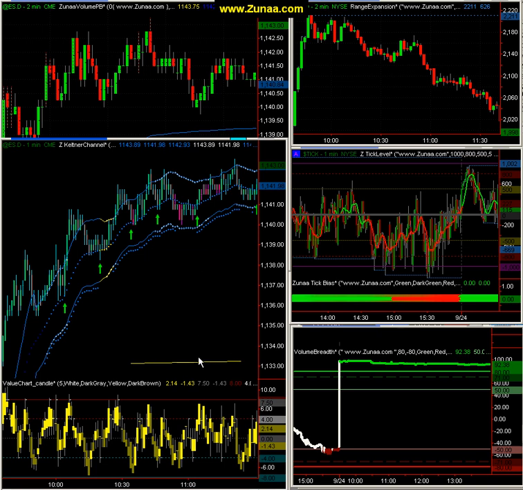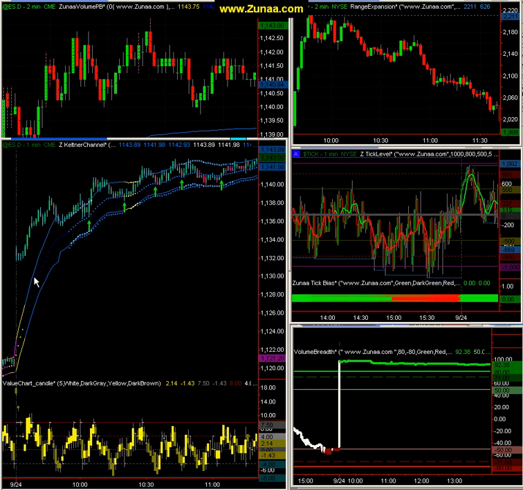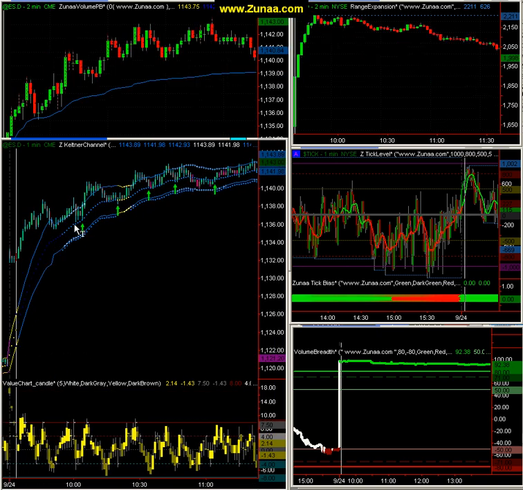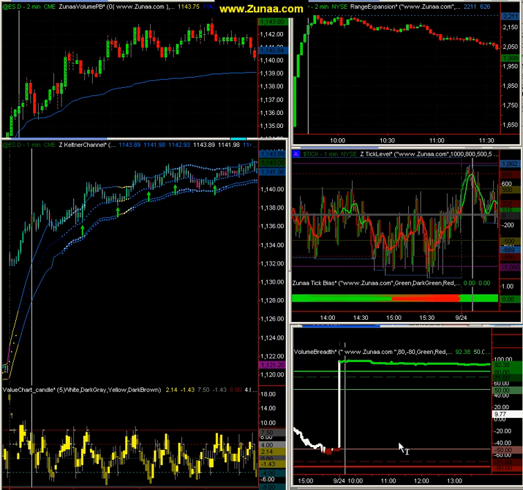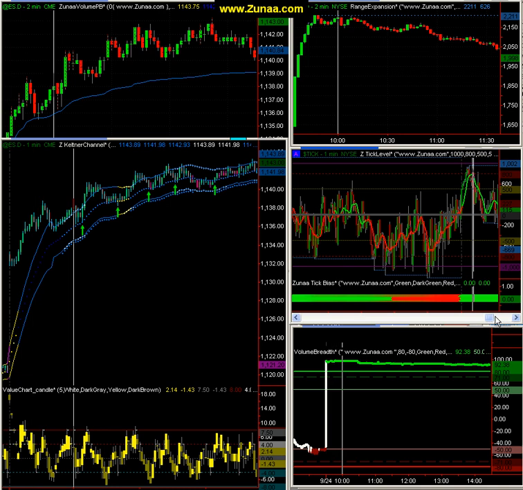That's your broad analysis. When a market opens up and your trend strategy, so the Keltner channels, are showing an uptrend, and the Zuna trend paint bars on the bars are showing an uptrend, the next thing you want to do is look at your breadth indicator. The market internals are very important. When volume breadth flat lines, like it does on this day, it's like that. And then you look at your tick chart. Tick's something that everybody can use.